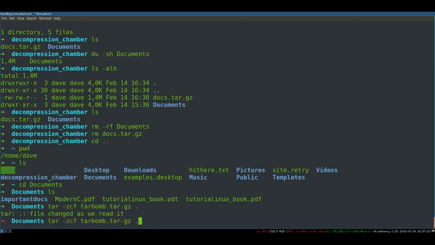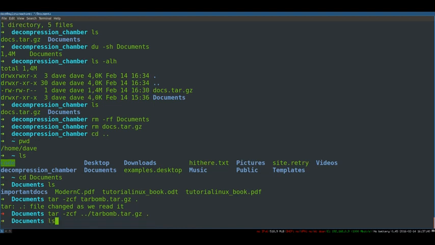So what we actually need is the thing that I originally typed, which is, this is the shortcut for the directory above this one. So this goes back to our home directory. So essentially this is saying in the directory above this, create a tarbomb.tar.gz file using this directory as the base, which we're going to run this tar ZCF on. So if I do that, I'm creating a tar bomb,